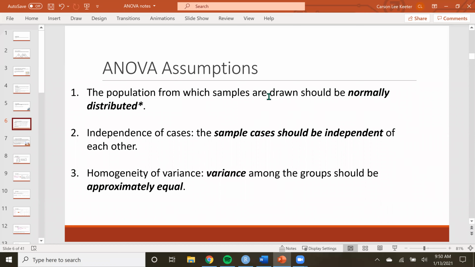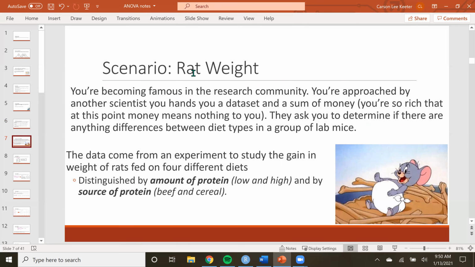So in the last video, we were talking about the rules of analysis of variance and the things that we have to check before we can properly do an ANOVA. And then we talked about how they are different than t-tests, and this idea of the null and alternative hypotheses being just slightly different than t-tests with one tweak. Okay. So with that, we'll move on into an example, and we'll do it in R,